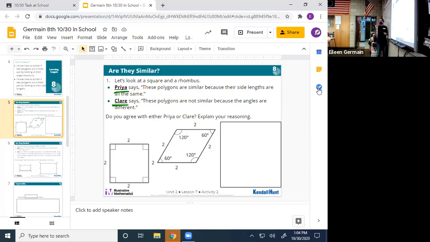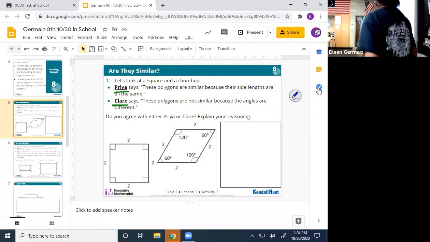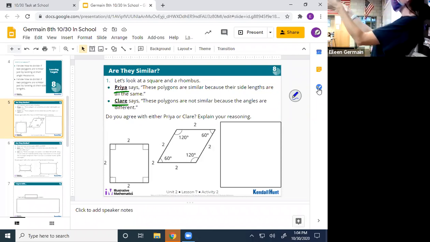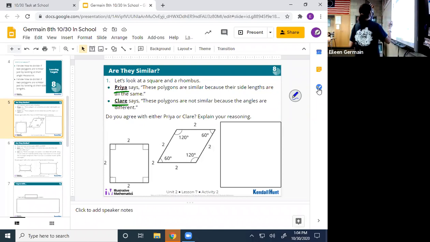Seems very serious. Claire, because the angles are different. There's right angles, and then there are some acute angles and some obtuse angles on the other. Good, they can have the same side length, but they're not similar shapes. Yeah, these are both polygons. There can be different types of polygons. Exactly, Bridget. So we're gonna say we agree with Claire